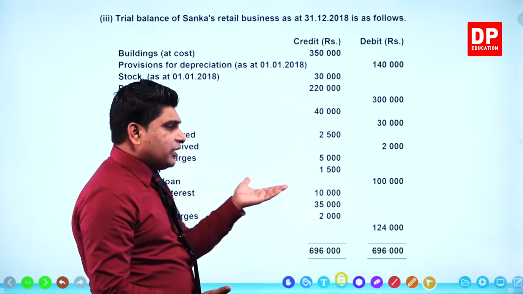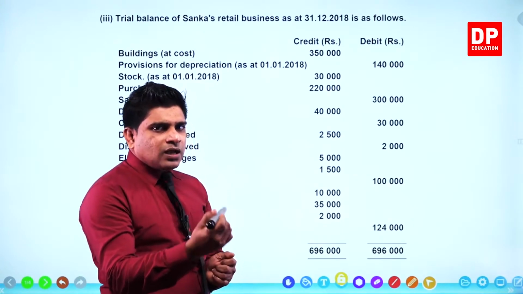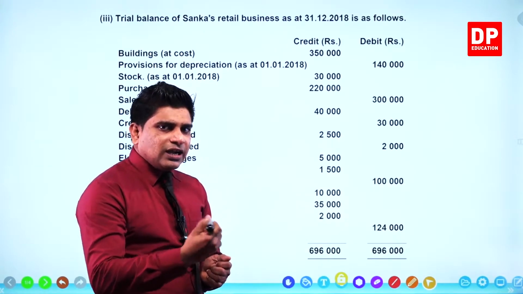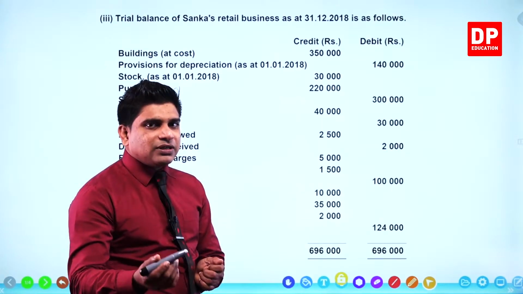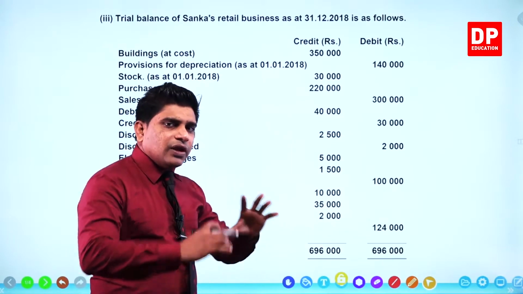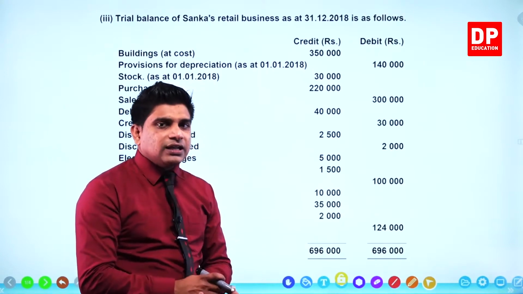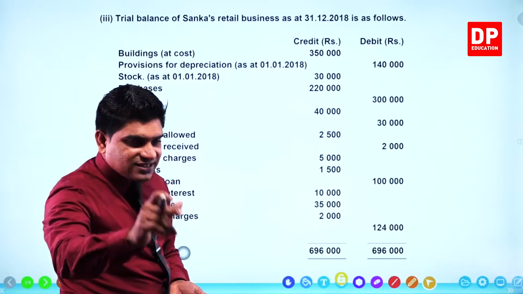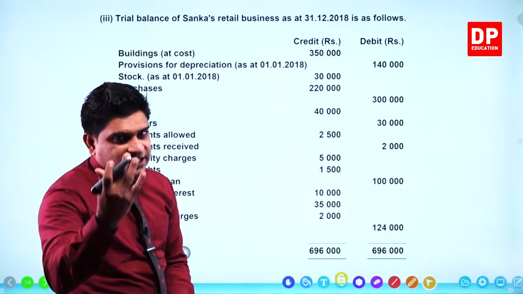If it is going to the statement of financial position, there also you can mention whether it comes under the non-current assets category, current assets category, non-current liability, or capital, and so on. So you can classify first of all. Then when we do the question, it's very easy to enter the details in the relevant place.